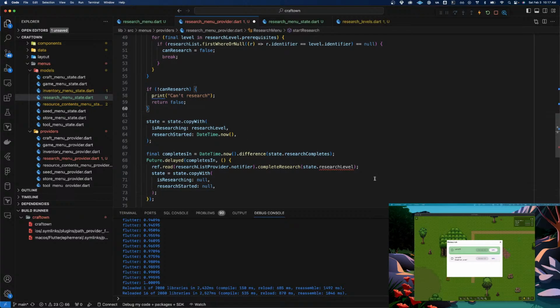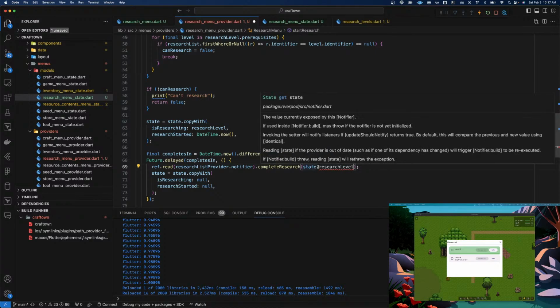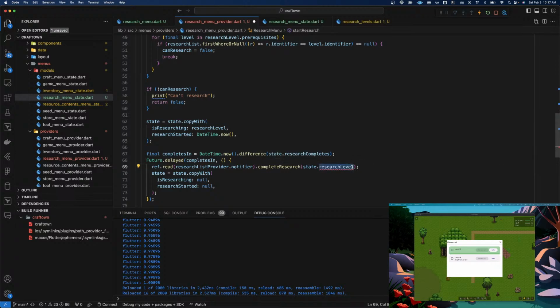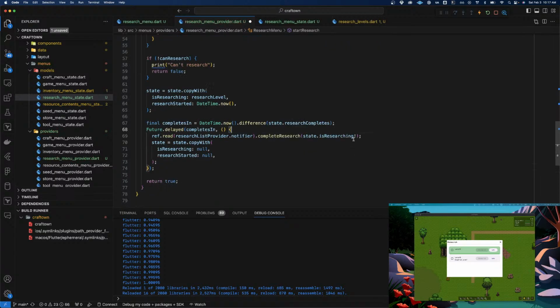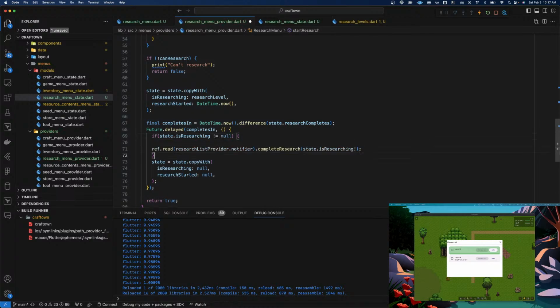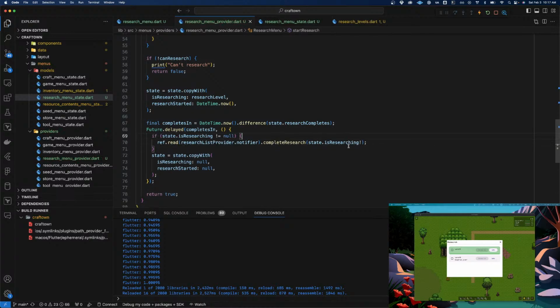Okay, state dot. Oh, because this can be null. We know it's not. Wait. Oh, right, dot isResearching. We want to do the one that is being researched. Let's just, for sanity, check if state.isResearching does not equal null. That shouldn't ever be the case, but